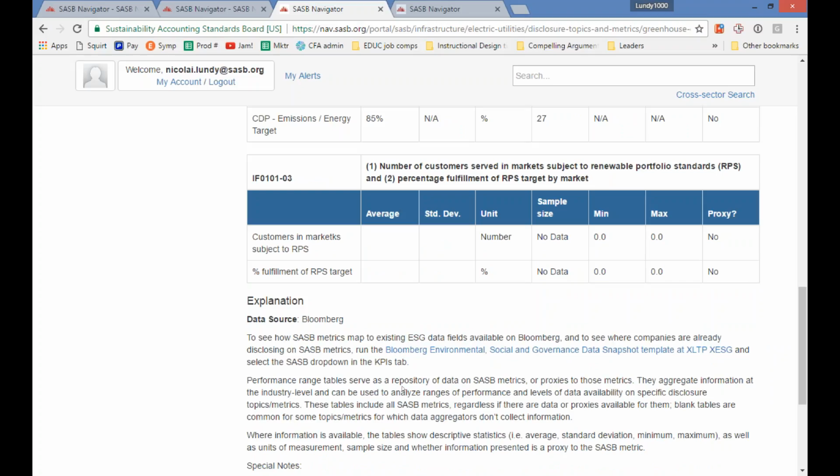But for those pro users and power users who want to go and look company by company at the information, we've got in place a relationship with Bloomberg, and more data providers are going to be coming into the system, where you can pull up this Excel template. If you're a Bloomberg terminal user, you pull up this Excel template, and it allows you to type in a ticker, and it gives you the SASB filter,